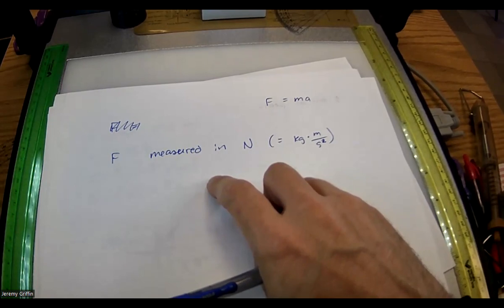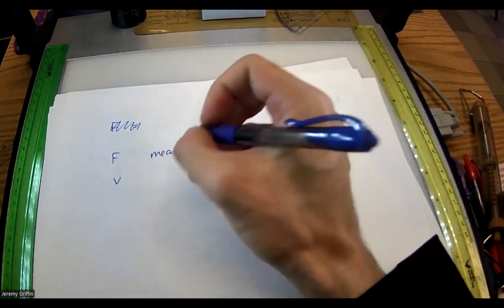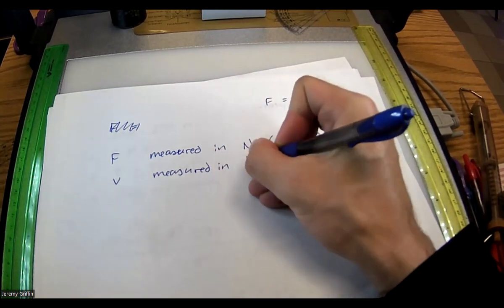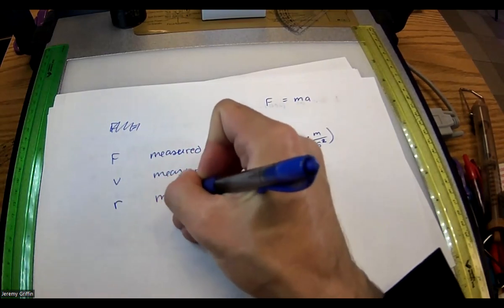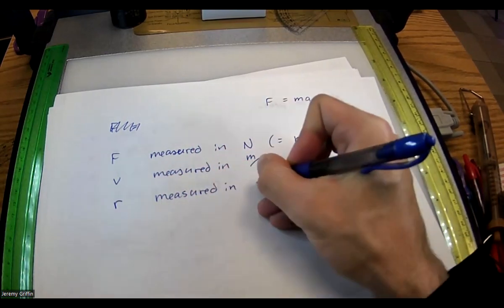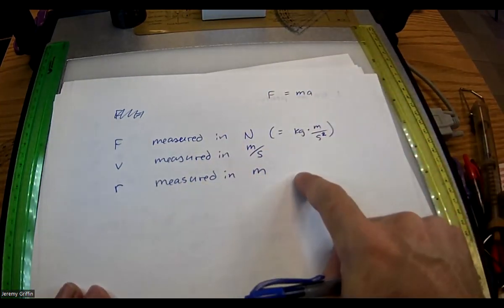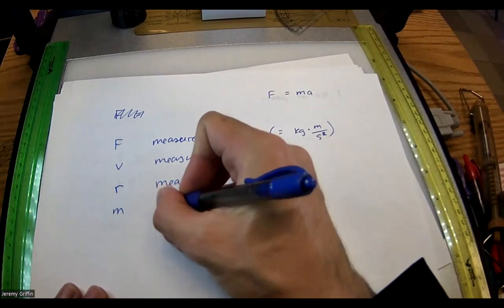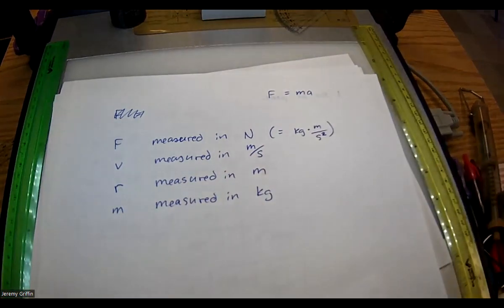Okay. Wait, where did this go? So we've got speed measured in meters per second. And let's say a radial size r measured in meters, or centimeters, some version of that. Okay, so we've got newtons, meters per second, meters. Oh, and I'm missing one. Mass measured in kilograms. Okay. All right, so with that established,